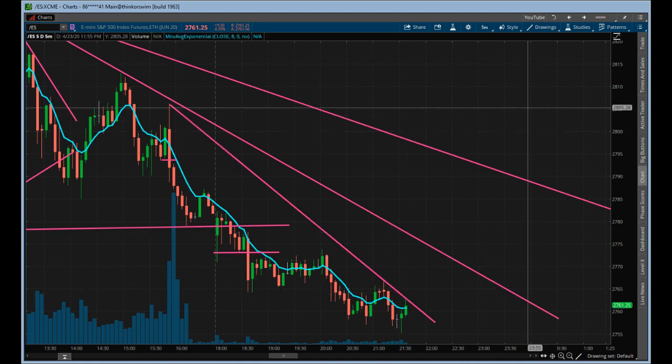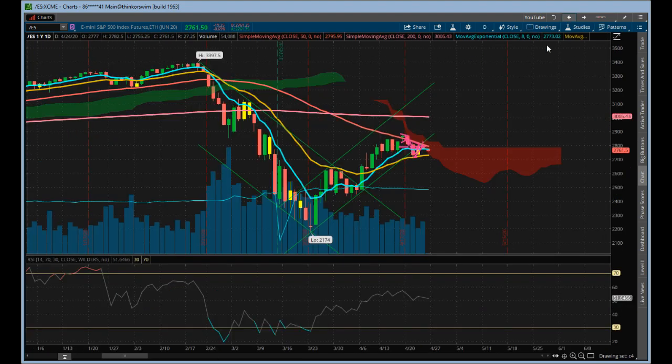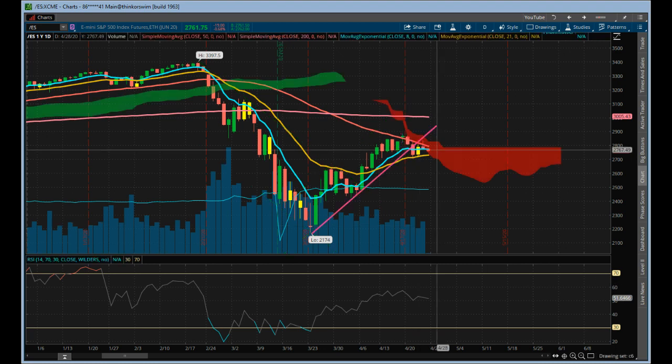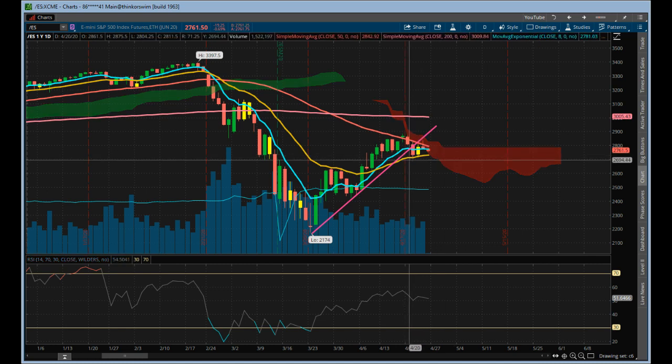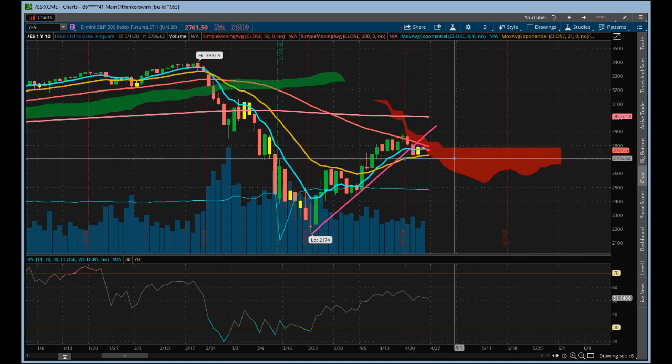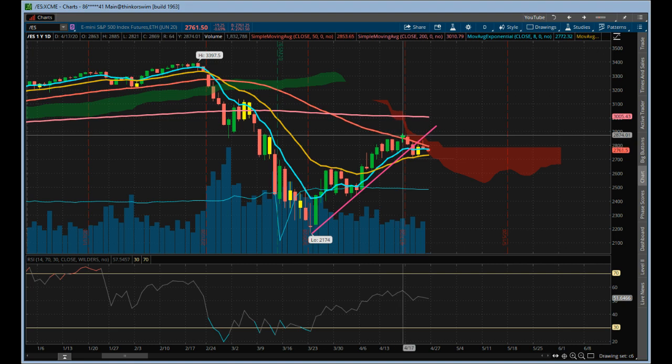If not, we may see a down day tomorrow, which would then correspond with what we were just talking about here on the daily chart. Because here's the futures chart itself. If we go here, we are below the upward trend line right now. So we had an inside day here. Here's your breakout level. Right there's the bottom right there. So we'll see how those levels hold, going into